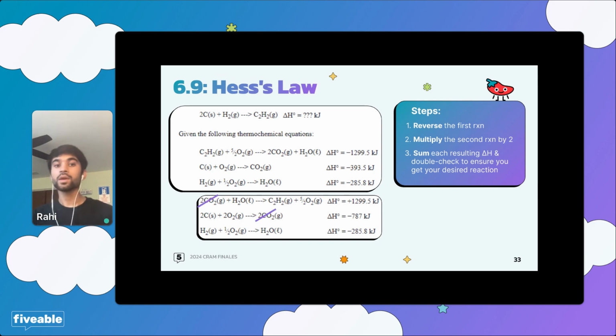Oh my gosh, hello. Oh yeah, so now you have your equations lined up. So now we can add down, right? And what happens when we add down? Things cancel. And that's really important, right? Remember, this is a good way to check your work while you're doing the problem.